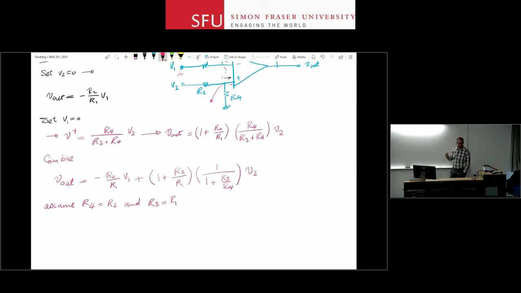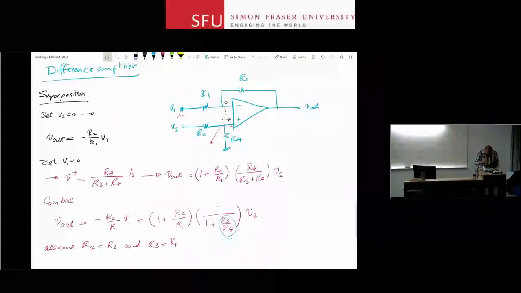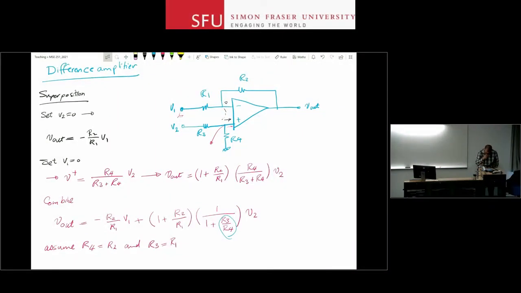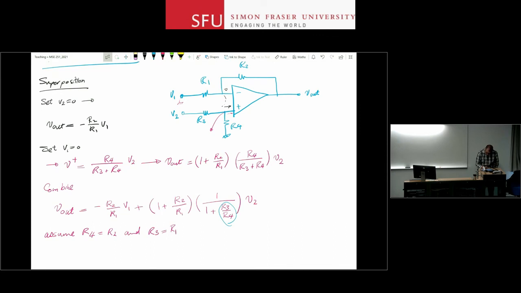So if I just use two resistor values, then what happens is that this ratio here is going to be